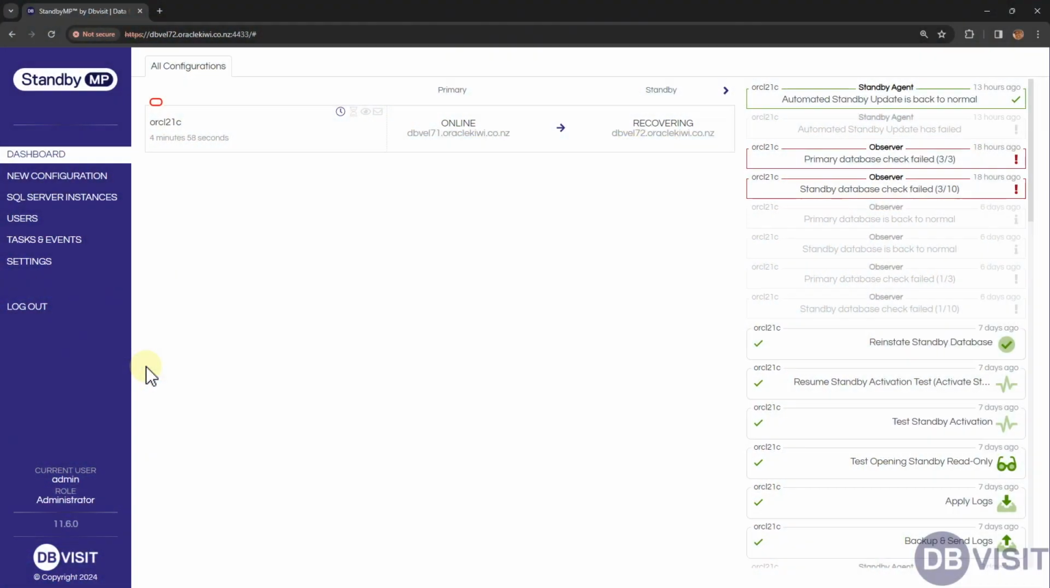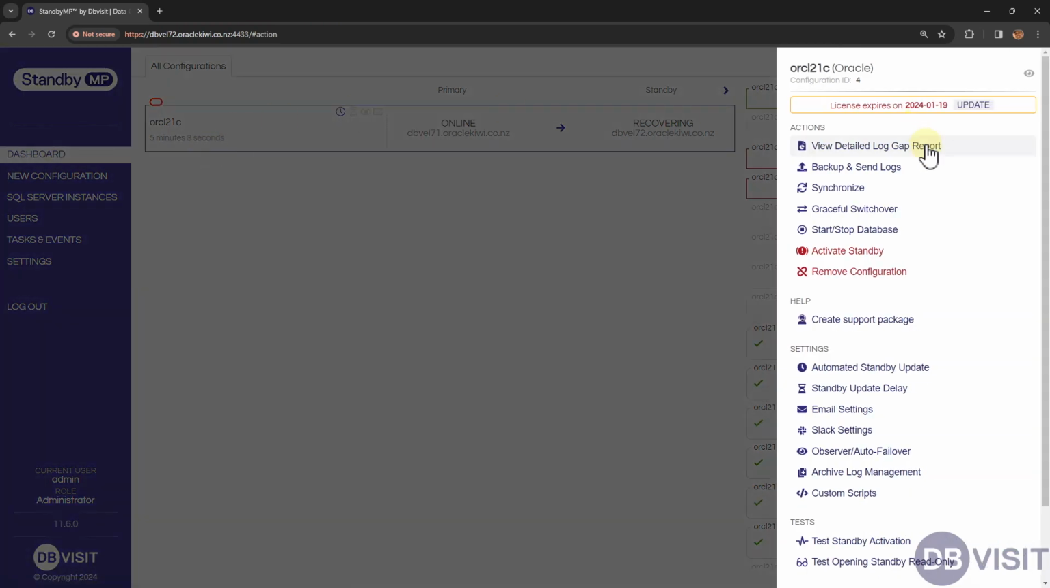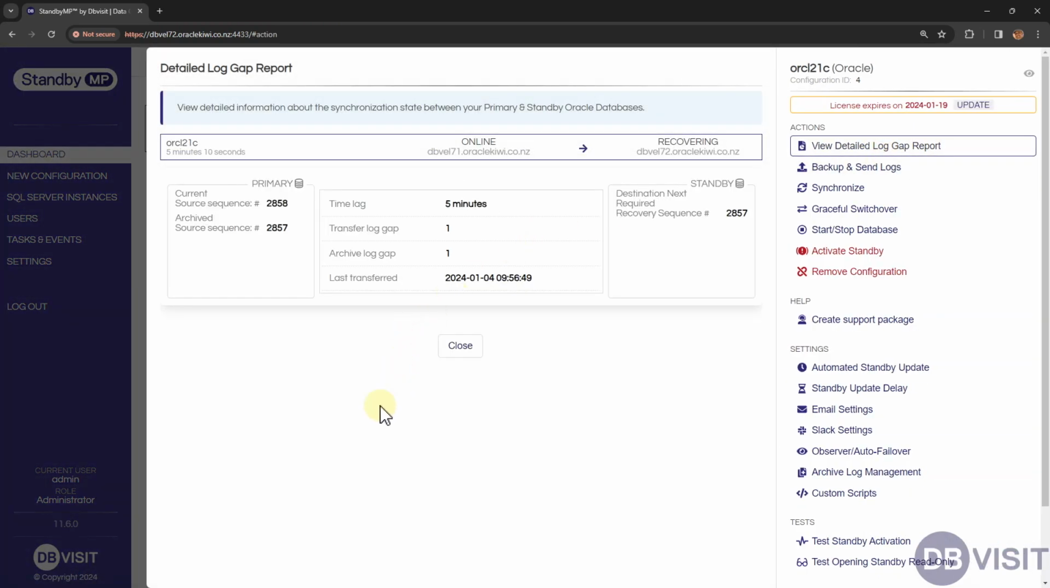In this lesson, let's look at miscellaneous options that are available for Oracle in DBVisit Standby multi-platform. The first option is View Detail Log Gap Report. As the name implies, it provides you with a log gap report where it provides a difference between the standby